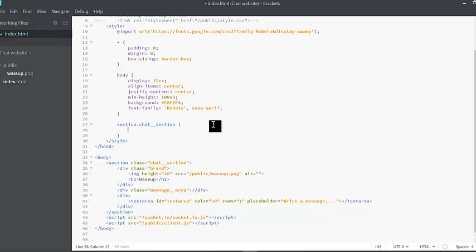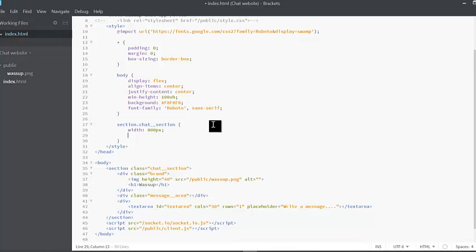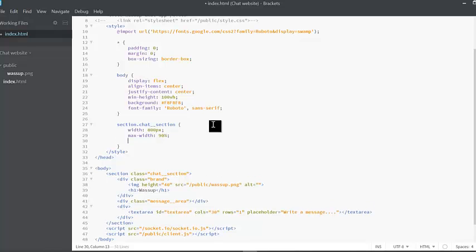Now I'll give the width to 800 pixels, then max-width to 90%, then I'll give the background to #FFF,